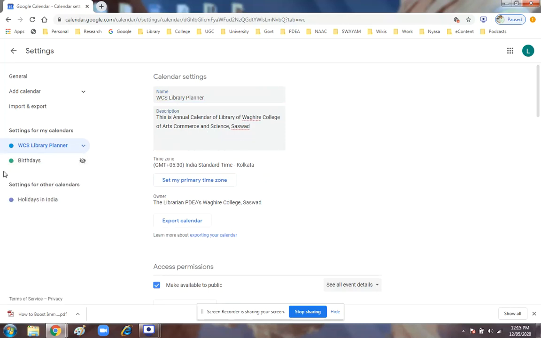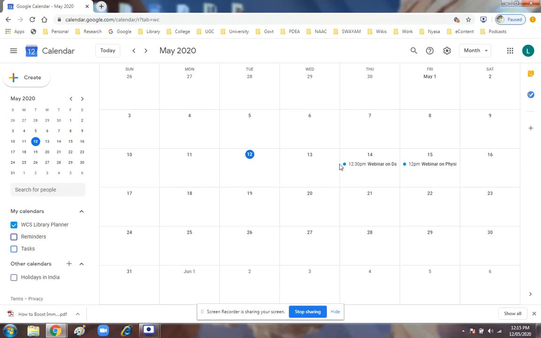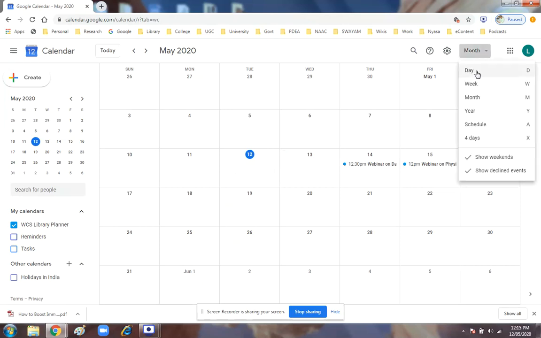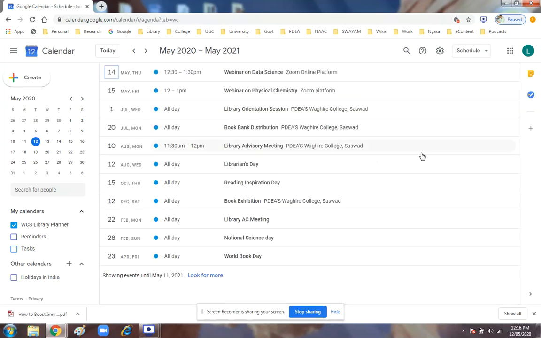After that, again, let's go to the calendar view, and there are many types of views of the calendar. You can select day view, week view. You can switch to month view, year view, and an important view is the schedule view. Click on schedule view.